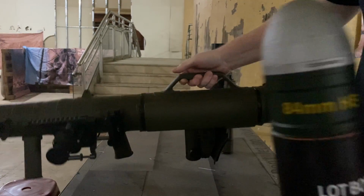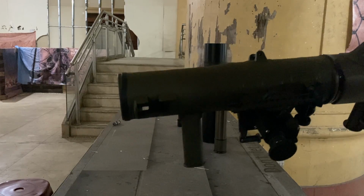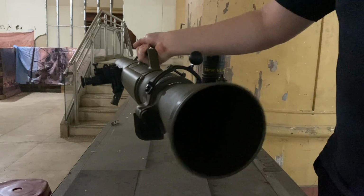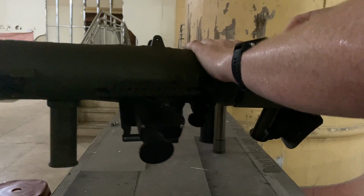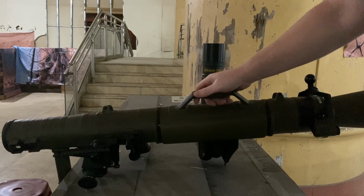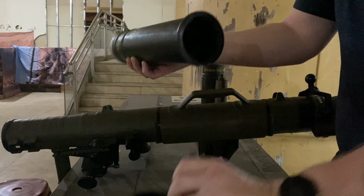So I'm here with a chance to take an early look at the VFC Carl Gustaf here. Sorry, maybe a little bit dark down here, but you can see here, which is probably, insofar as I'm aware of, the first mass-produced rocket launcher, and it's a pretty large and impressive piece. This is mostly nylon. Where appropriate, they have aluminum and steel, but the body itself is a large piece of nylon plastic, essentially. So it's a little bit lighter than you might think, and probably considerably lighter than the real thing. What it comes with is, of course, the launcher, and then it comes with this, which is essentially a dummy shell. And along with the dummy shell, you have, of course, the base to the shell,